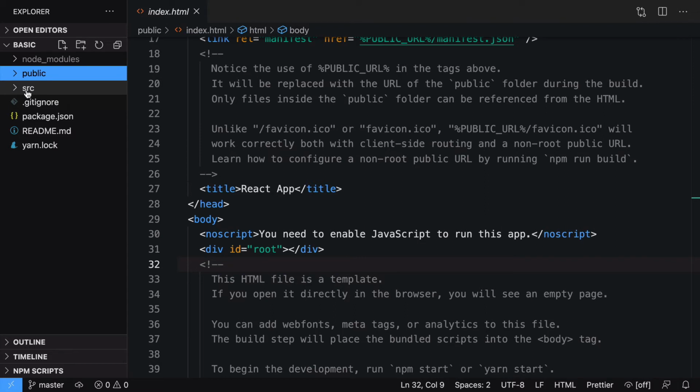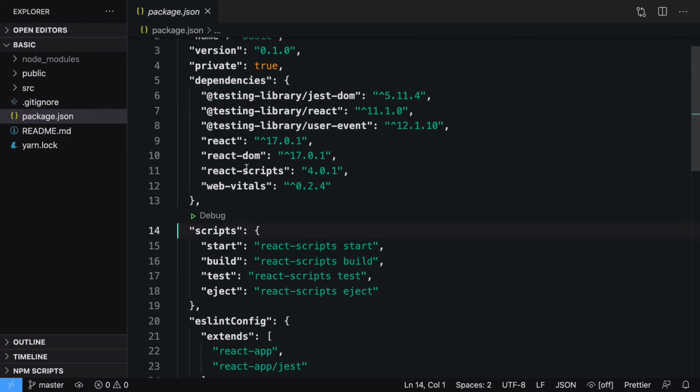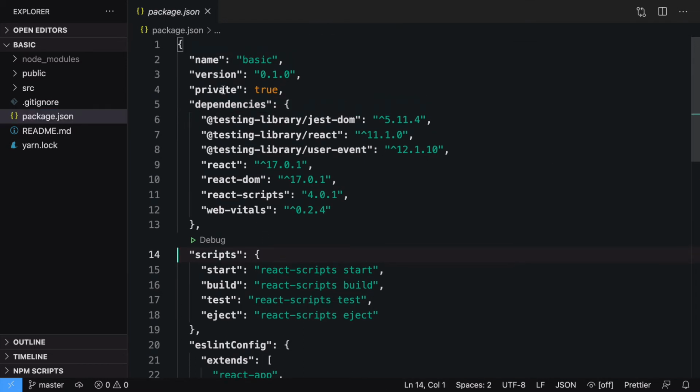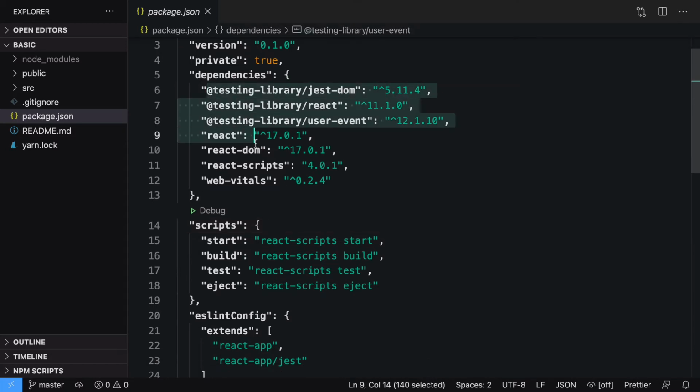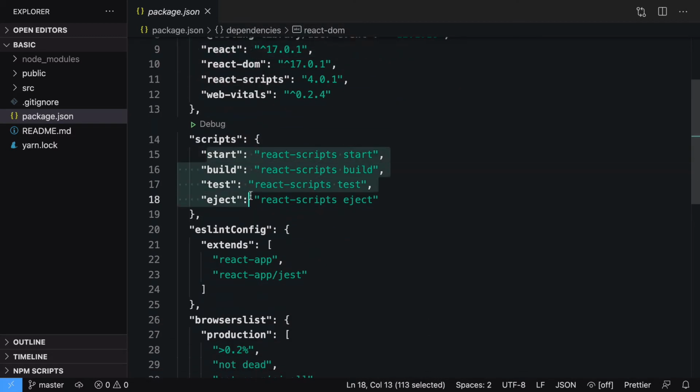We'll move on to src at the last, but before that, we have .gitignore that we already talked about, for everything that you want to ignore and not push to git. Then we have package.json. package.json is where all the basic information about your application lives: all the packages you are using, and all the script commands that you need. Here we have all the script commands, like start, build, test, and eject.